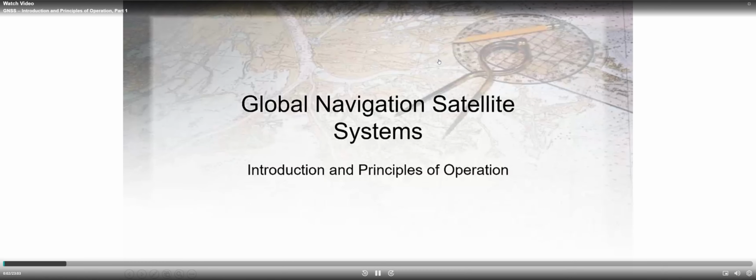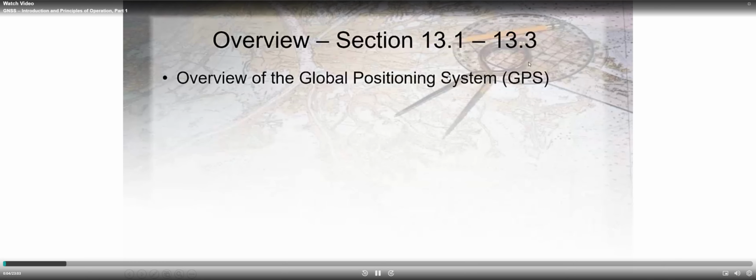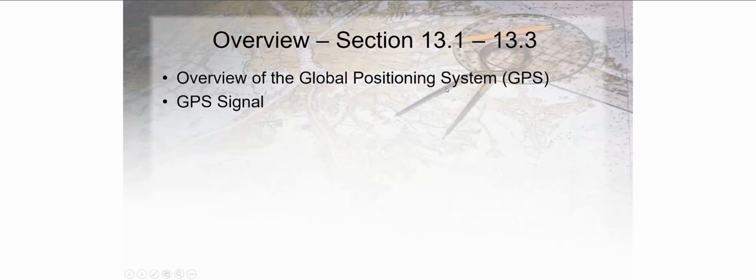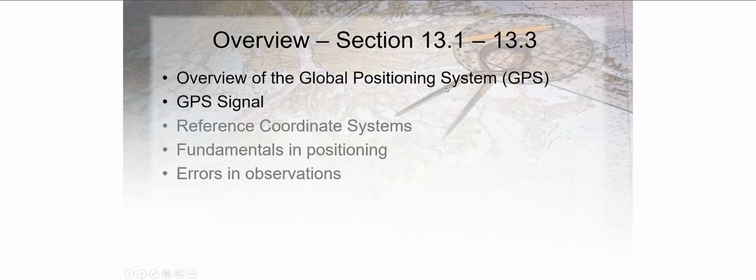In this lesson, we're going to look at the global navigation satellite systems. We're actually going to be looking at section 13.1 to 13.3 in the book. This is going to be an overview of the global positioning system and the GPS signal structures. Later on in other lessons, we'll look at the reference coordinate systems, the fundamentals of positioning, and errors in the